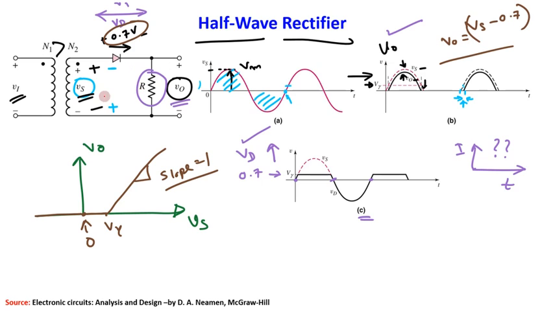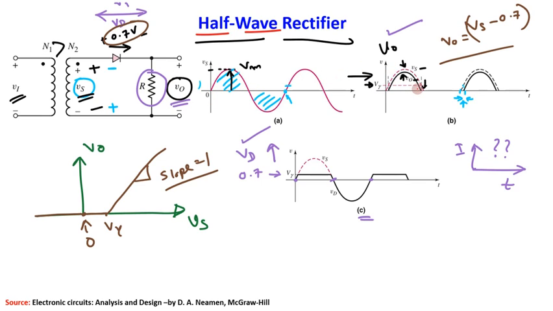So for this type of rectifier, only half part of the sinusoidal wave is actually coming to the output, right? For example, for this circuit, only the positive half is coming at the output, right? So that actually justifies the name, half wave rectifier, because it is passing only one half of the signal, the remaining half it is blocking, right? So you see here, for this half wave rectifier, the power is only dissipated during this positive half for this particular case, right?